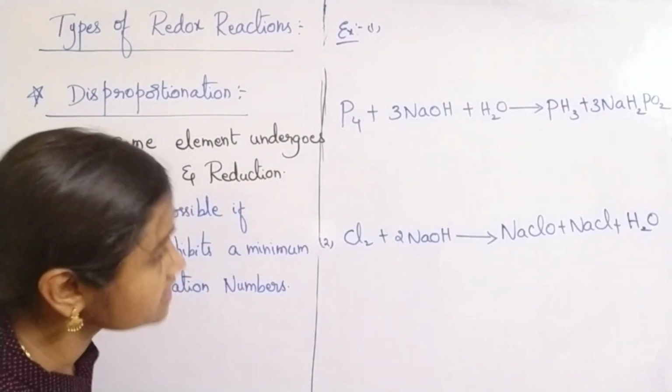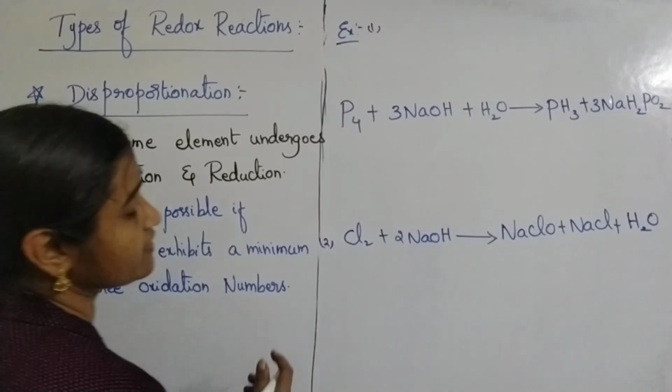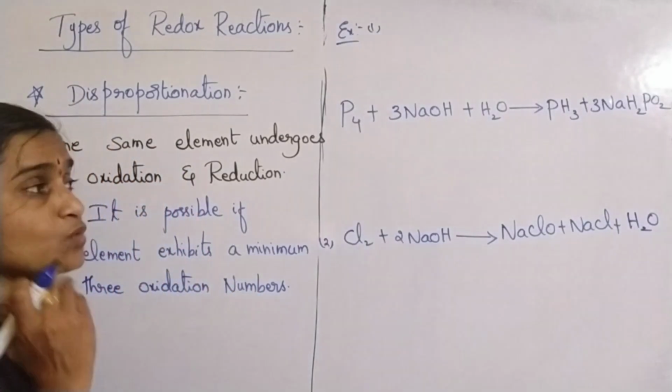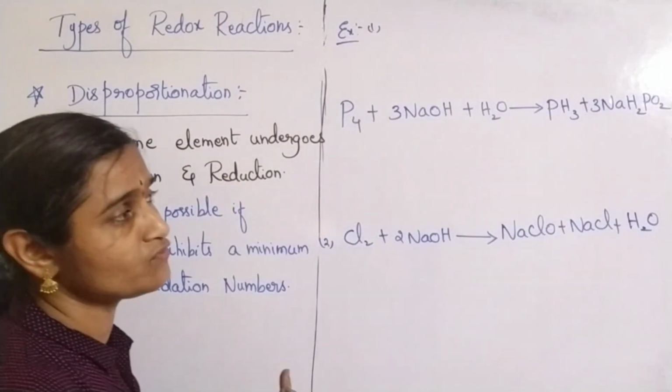Now let us see the examples. Okay, now see the first equation which is given to you. P4 plus 3NaOH plus 3H2O gives rise to PH3, that means phosphine, plus sodium hypophosphite,